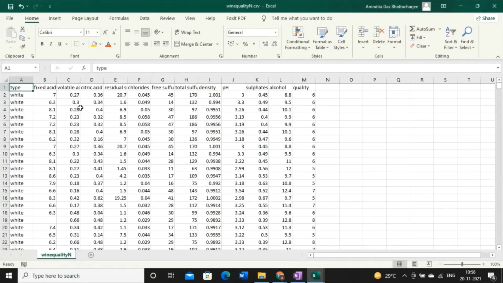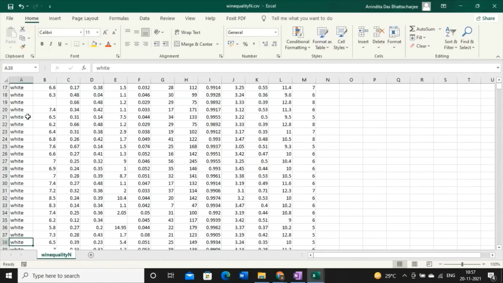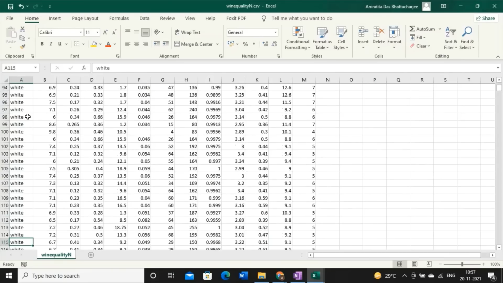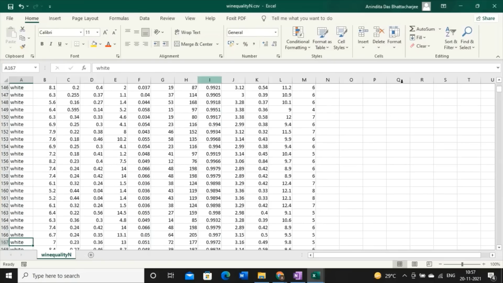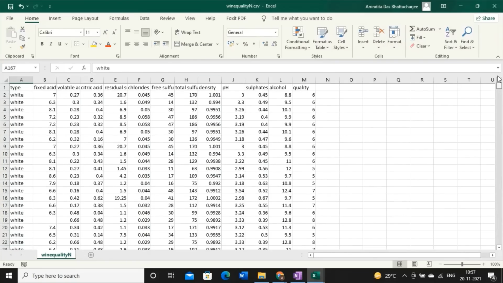And say I have another data set of wine quality assessment. Here we have different features of different kinds of wines: pH factor, sulfate, alcohol, quality. So everything is there. Depending on that, we can classify whether it is a white wine or red wine. So this is the class. It is already mentioned. So these are the data sets that are used for predictive modeling, and in each and every data set you can find that there are lots of features available.